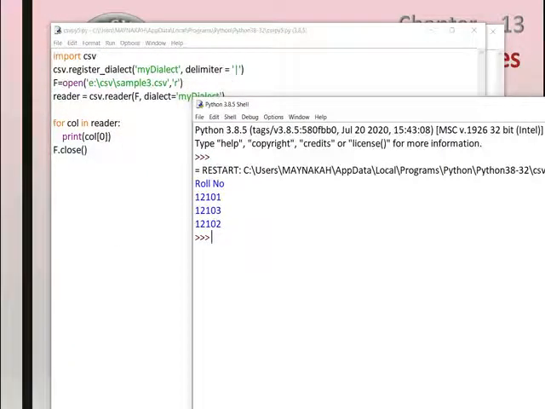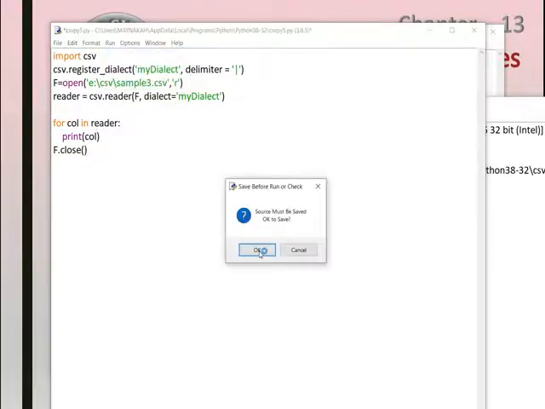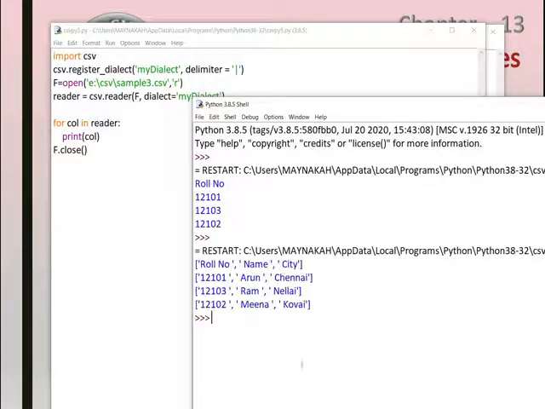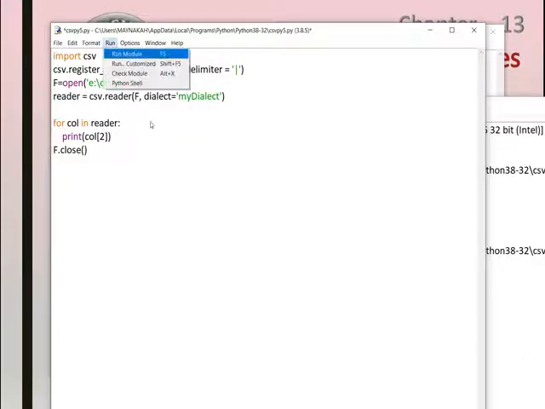Okay. So instead of this, I'll print everything. So the whole file is having roll number, name, cities. As we required column of 0, it displayed only the first column. So if we change this to 2, it will print the last column.